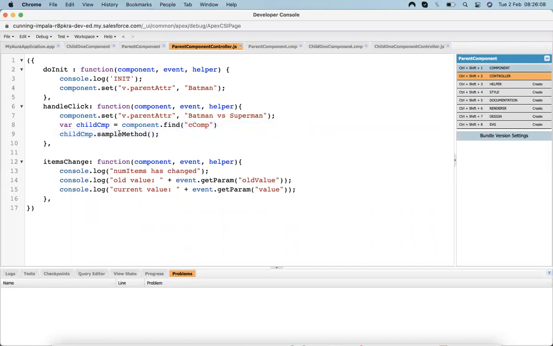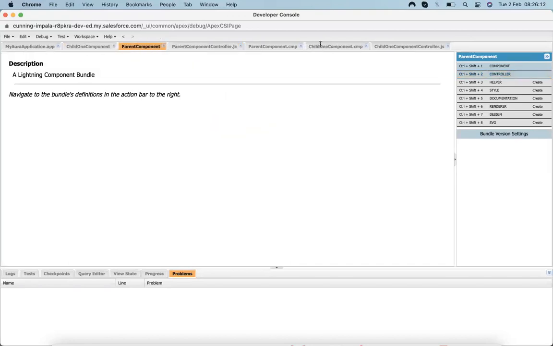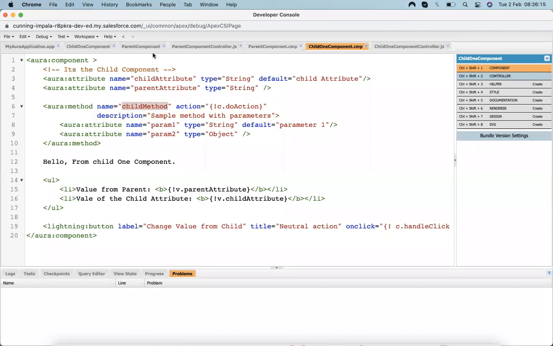And its name is not simple method, its name is child method.